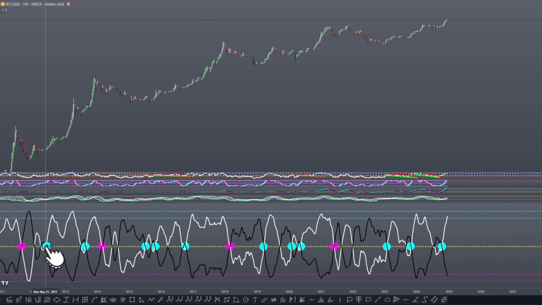The third cross happened in May of 2012. This would have been when Bitcoin was roughly $5, right before this first impulse here, leading into this bull market structure right here for Bitcoin. This would have been the bull market for phase 1 of Bitcoin during cycle 1. Like I said, going all the way at its low from approximately $2 all the way up to $1,200. This is actually commonly referred to as the super cycle, this bull market here. So having this third cross here, then we go 4, then we go 5.